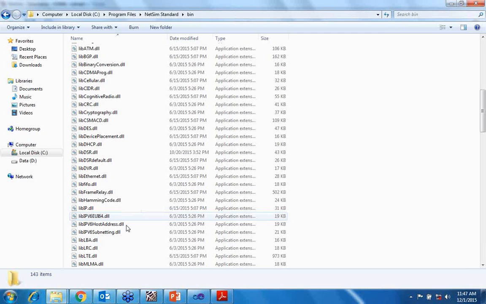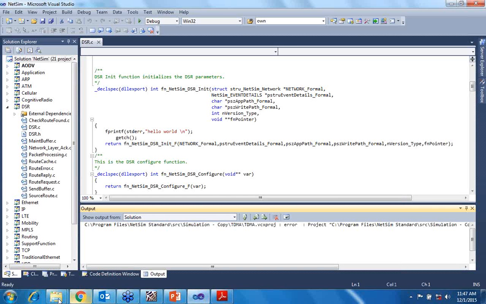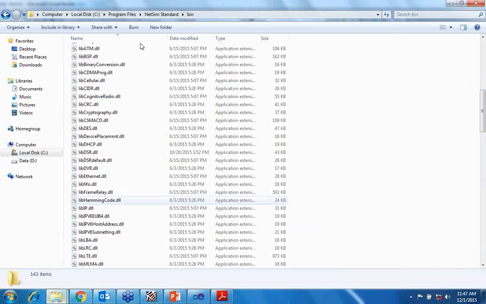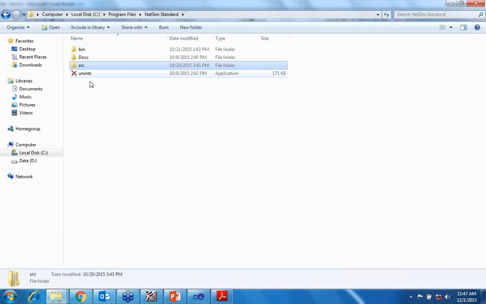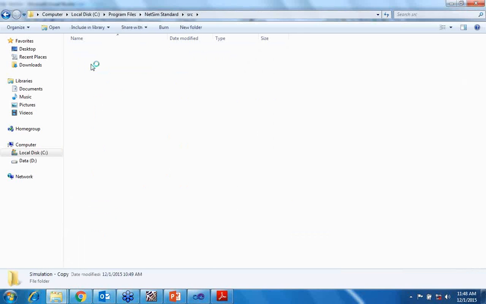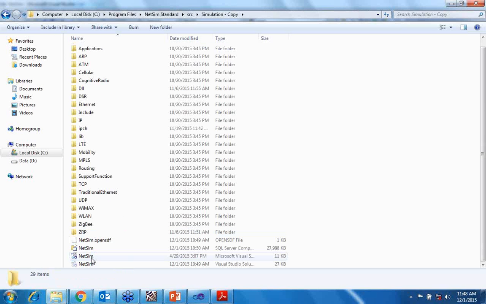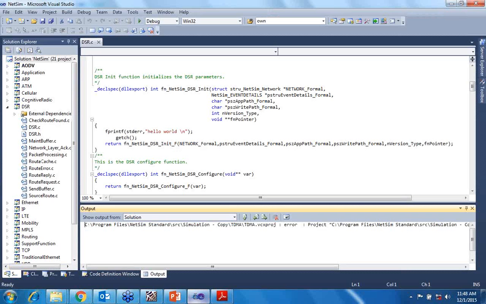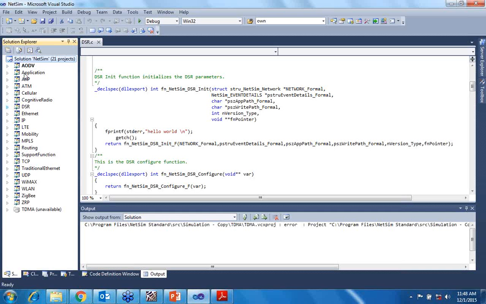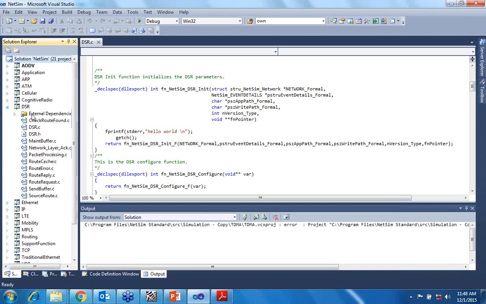So what we have to do, we can go to the Visual Studio. There is a link given in here. We can open that link, which opens this Visual Studio through here. Here there is a link of NetSim Visual Studio. When we open it, it will open this window. And here all the protocols which are implemented into NetSim are given, and their C source codes are given. So we have opened this dsr.c.